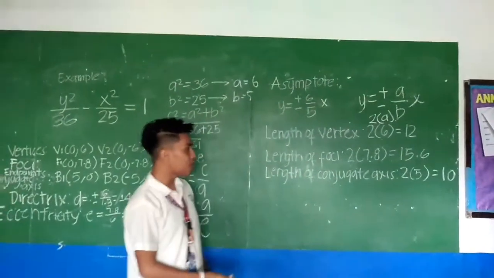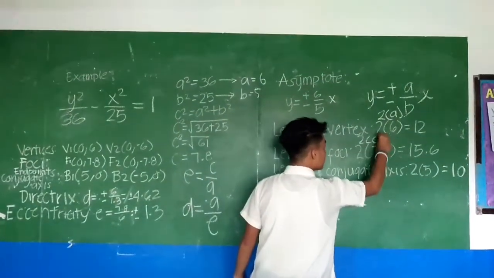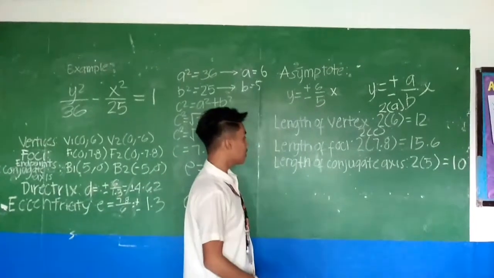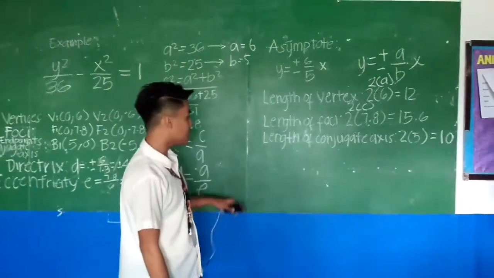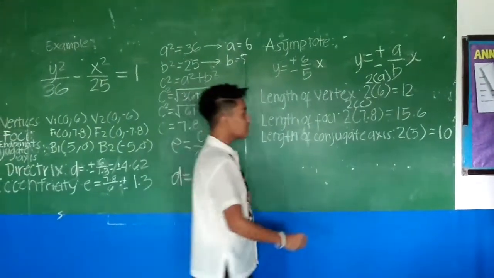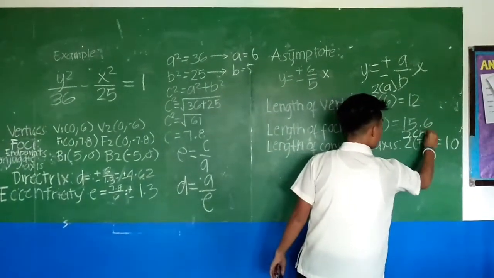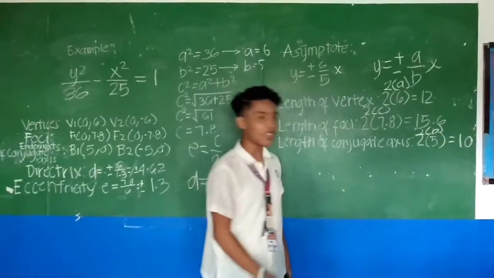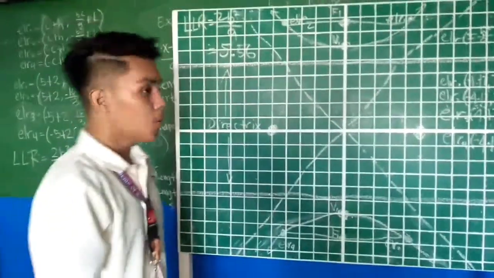Then we're going to find the value of the foci by using the formula of 2 times c. So the value of the length of the foci will be 15.6. Then the last, we're going to find the value of the conjugate axis by using the formula of 2 times b. So the answer will be 10. So,